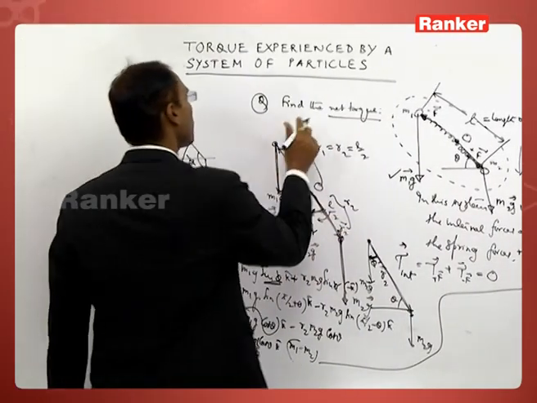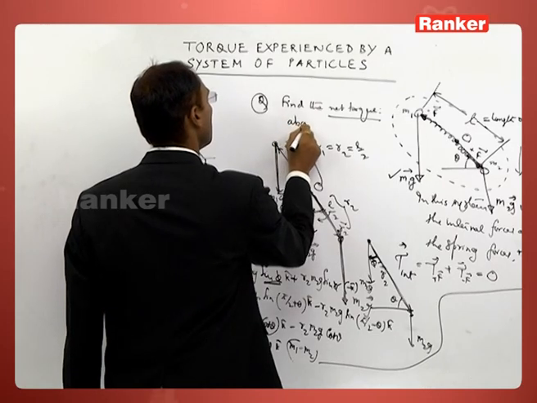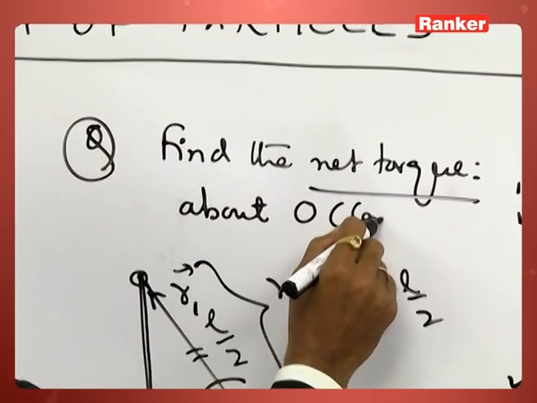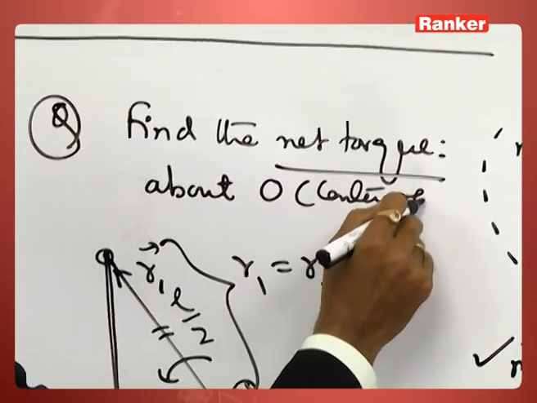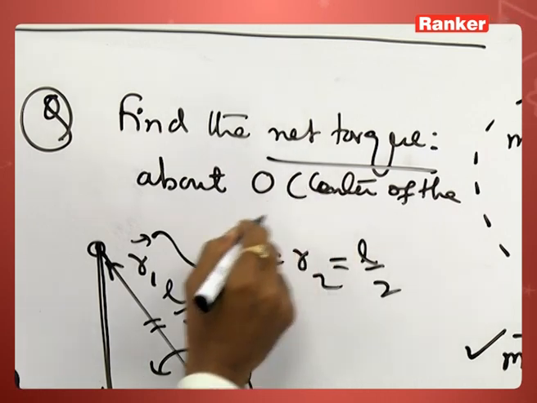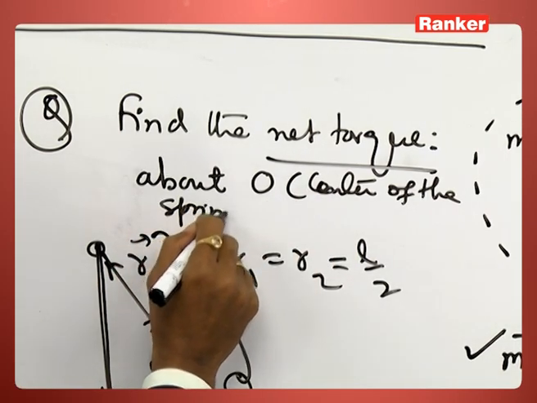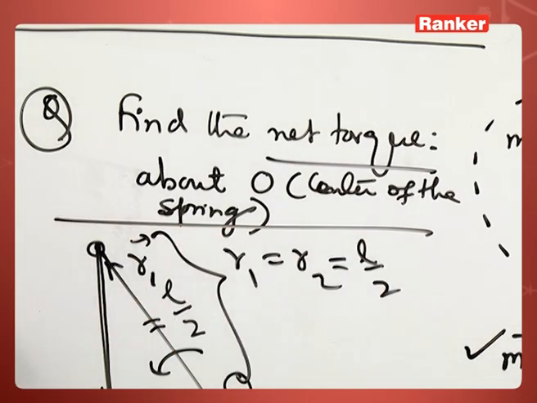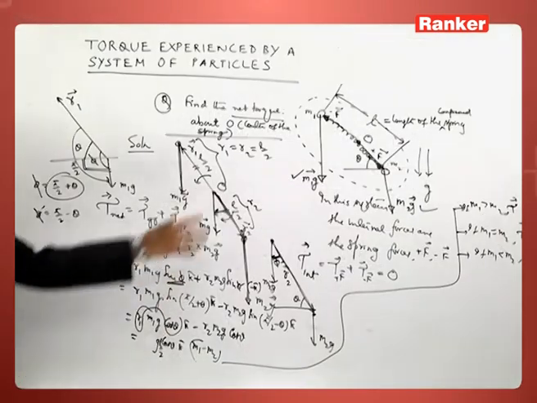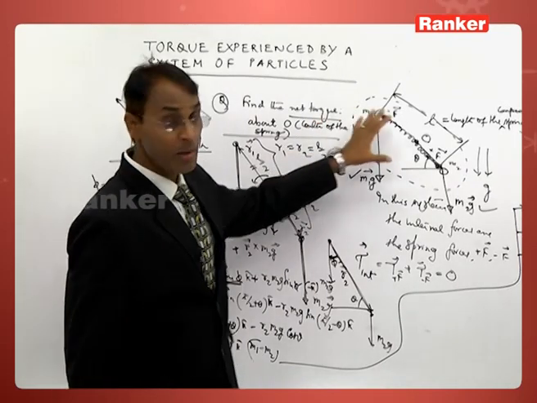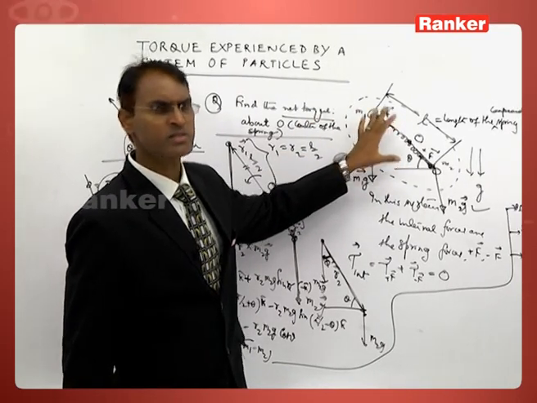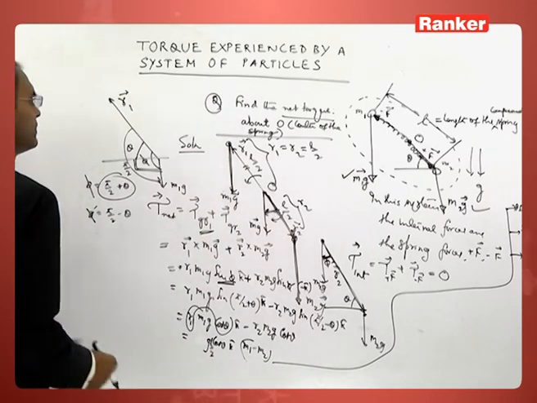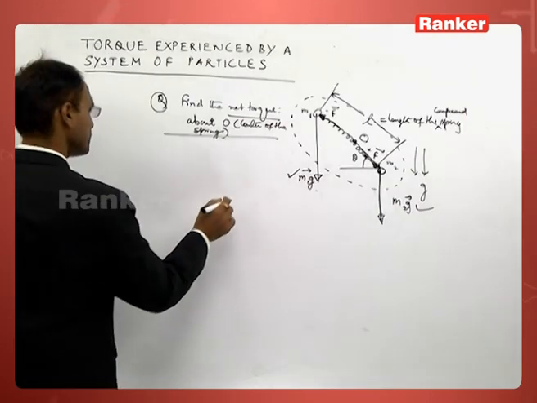So find the net torque about the point O, the center of the spring. And this is the solution. Using the basics also we can solve the same problem, reducing some steps. Let me solve in that method. Using the second method,